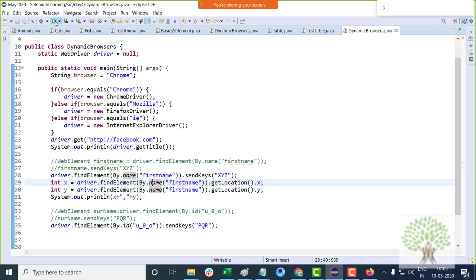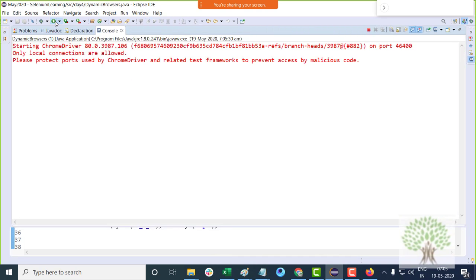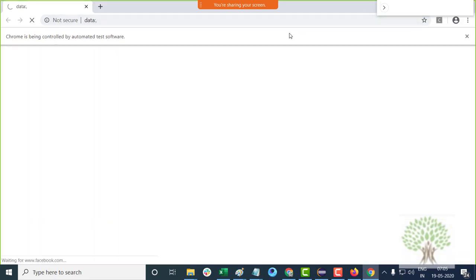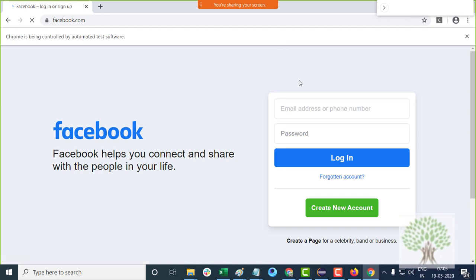Not all the elements on the web page have an ID or name. So how do you identify them on the web page? Well, it's easy. We identify them with the help of XPaths in that case.